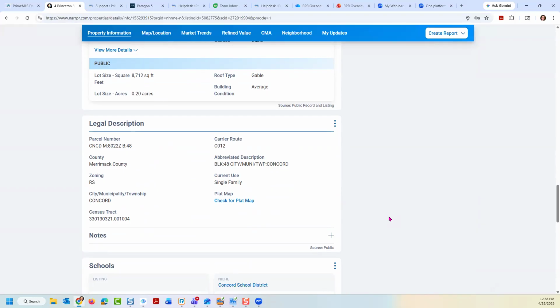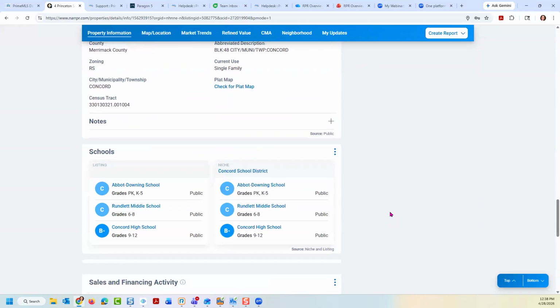And hey, by the way, if you're not taking advantage of real reports, that's another PrimeMLS customer benefit and tool. I do believe they are now giving you the ability to print out deeds. There is a small cost for that, but that's something people have asked for a lot. And I believe that is now available in real reports, too many initials here. You'll want to start looking for that. If it's not available right now, it is definitely coming. So just another way you can take advantage of all those subscriber benefits and tools available to you as a